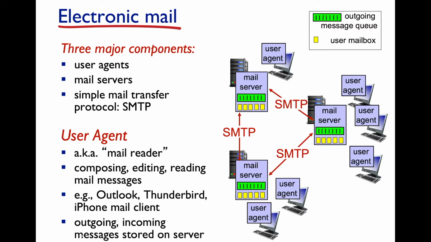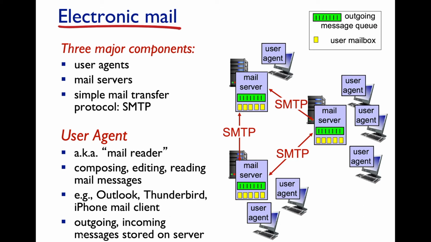Now, in an email system, there are 3 major components. There's the so-called user agent, which is that piece of software that acts on your behalf, the user of email. There's the mail server, which talks to other mail servers to send and receive the email messages. And then there's SMTP, Simple Mail Transfer Protocol, which is the interaction between servers to transfer and deliver these messages,